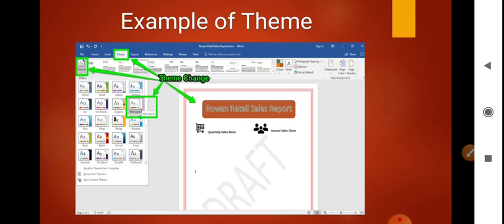Correct. This is basically used for, you can say, the office purpose. Otherwise, for daily use you are using the blank document only. And afterwards if you want to change, you can change the page color and watermark. So that you will learn in the next continuation lesson of designing the document. Okay, thank you for today.